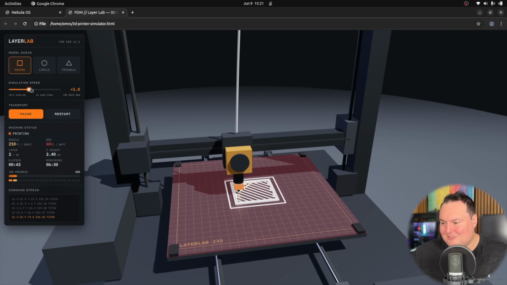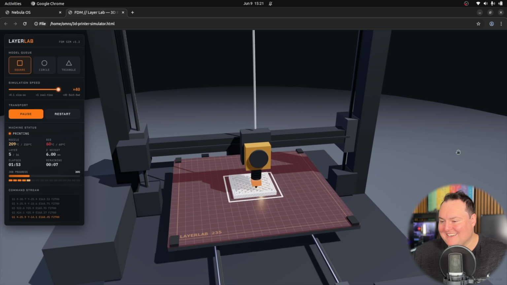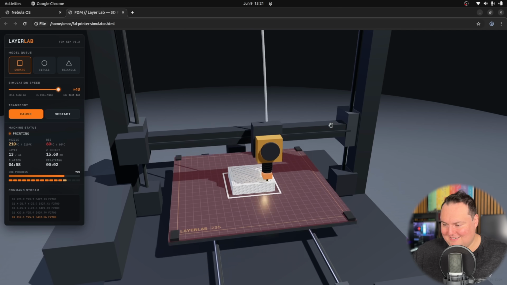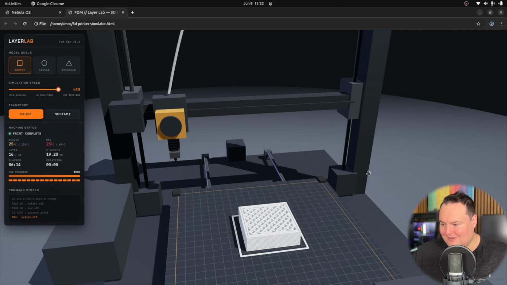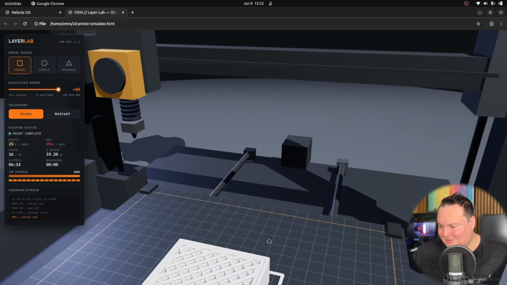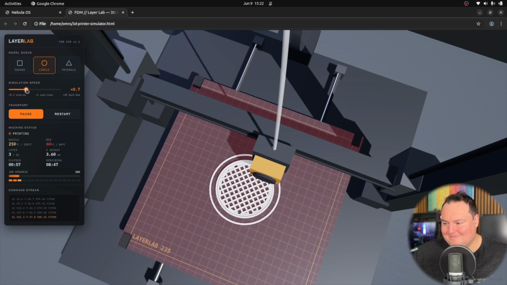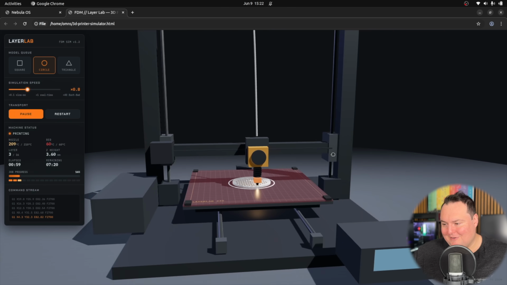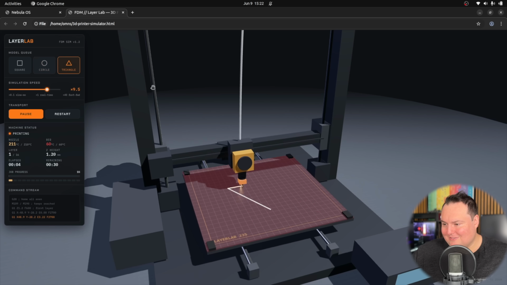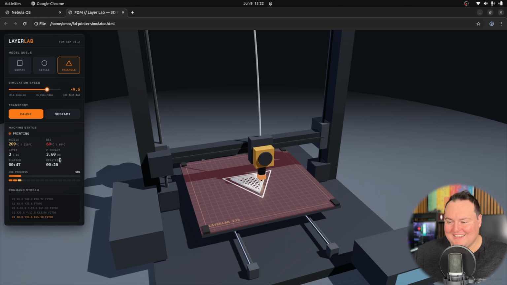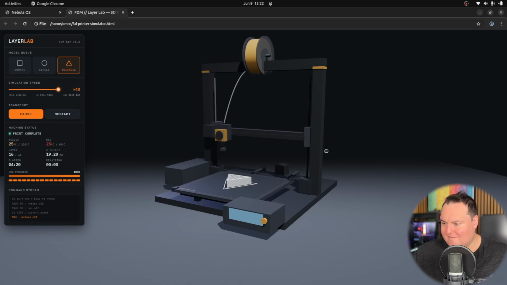Going a bit slow. Let's just maximum speed this. Oh yeah, look at that. I want to see if it closes the top of the cube or not. Most times, no. And it didn't, which is fine, but look at that. We have clean layers. We have a nice infill pattern. I would have liked to have seen adjustable infill density if I was to nitpick. However, it's very well done. Oh, the bed actually changes color to show that it's hot. I like that. Very, very well done.